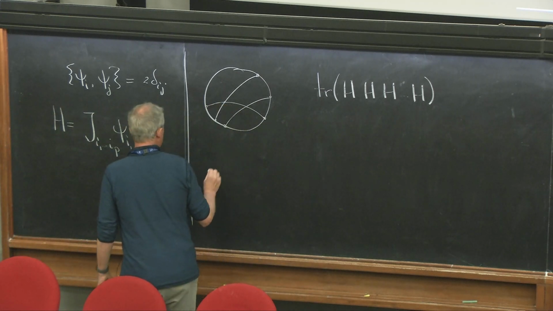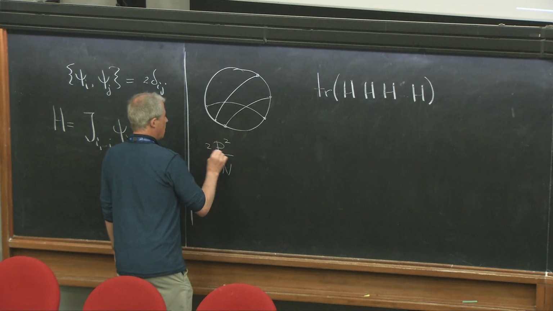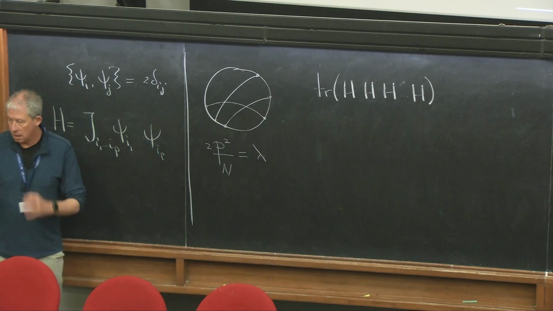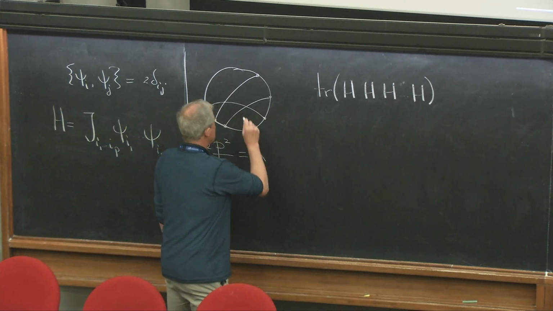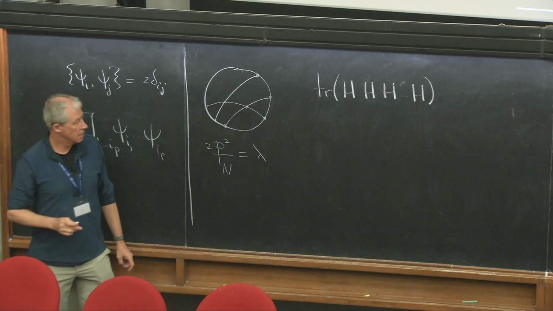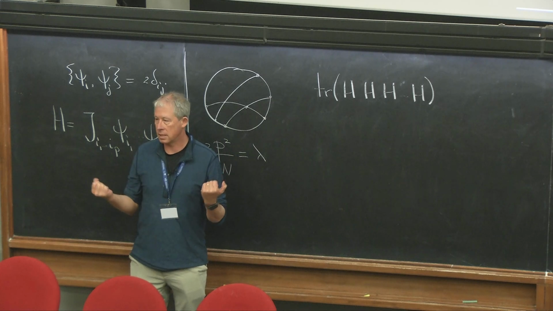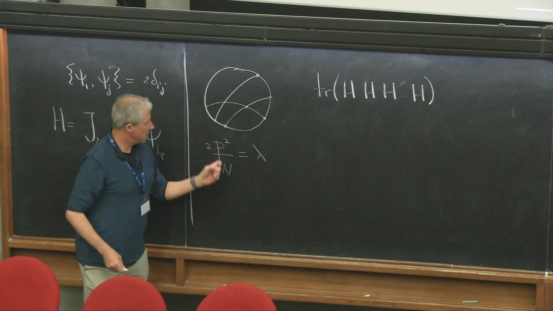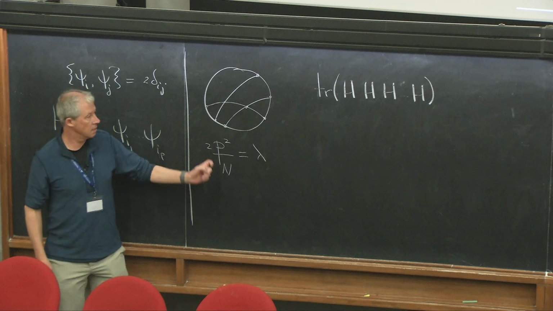Now, again, in the double scaling limit, where p squared over N, which is called lambda, is kept fixed, a little bit of combinatorics, and I'm going to write down the formula for you, shows that the contribution of two of these intersecting lines is slightly suppressed relative to the contribution where they don't intersect because of minus signs that start showing up. The probability of a minus sign showing up is actually p squared over N to some extent,